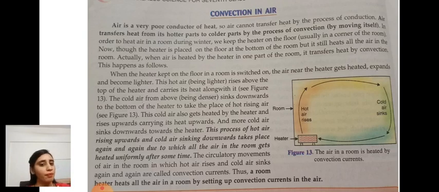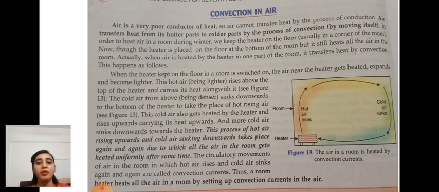Like in the previous part on conduction, when we heat some water in a kettle, the water is also heated in this way. First the bottom part of the water is heated, then the upper part moves downward, like in the form of bubbles, then the complete water becomes hot. Like this, air becomes hot and all the air is uniformly heated. Air in the room gets heated uniformly after some time.